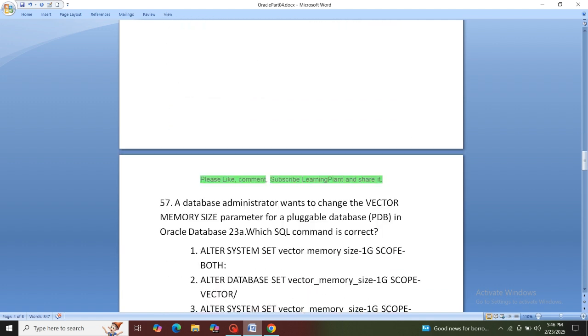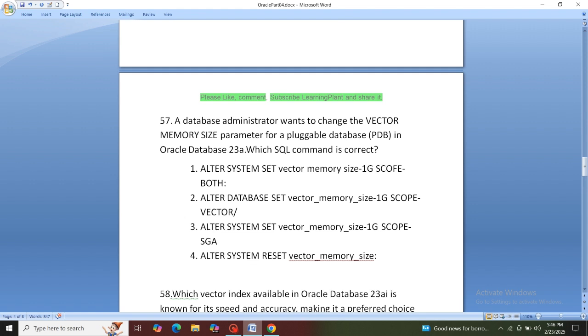Okay, now let's move to the other question, which is: a database administrator wants to change the vector memory size parameter for a pluggable database PDB in Oracle Database 23ai. Which SQL command is correct? So firstly, you need to understand what we want to achieve. Basically, if you see, we need 1 GB scope, right? So we can select the instance, like I think the third option, which is like